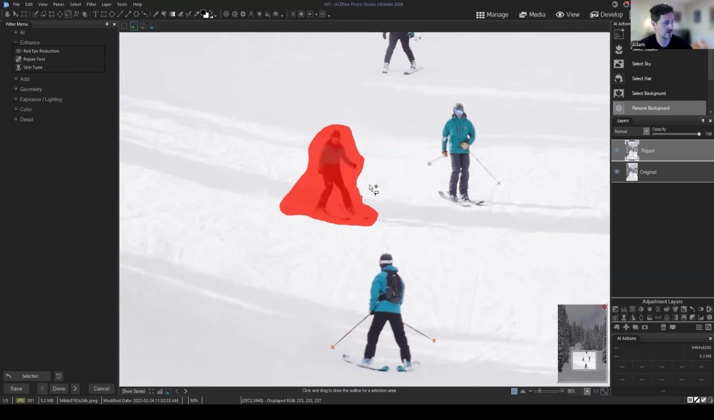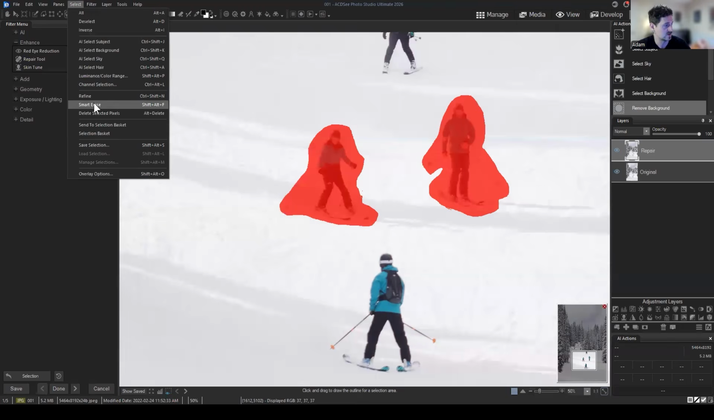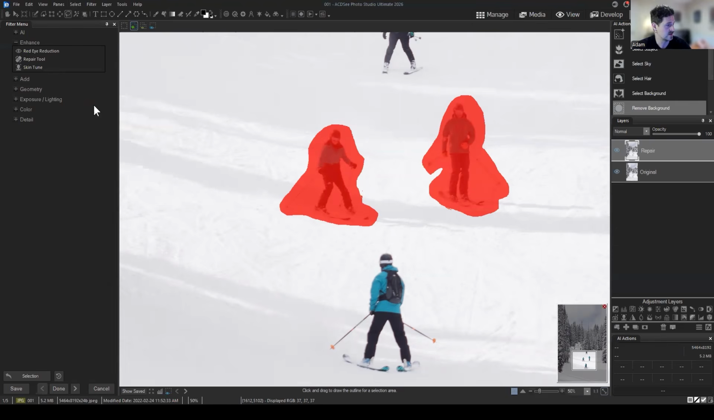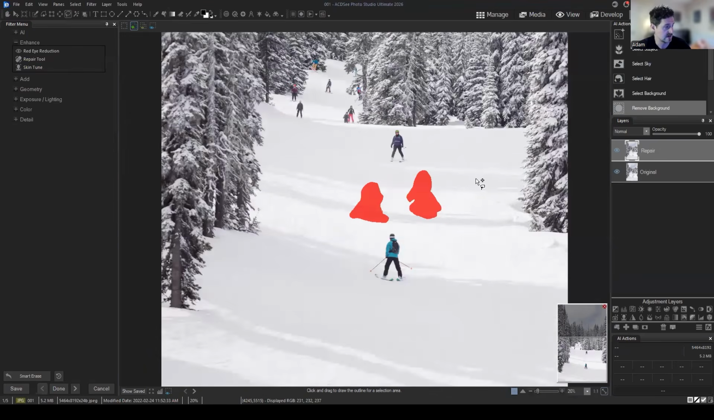And then with my subject matter selected, I can actually make multiple selections of my image. So I can select these two subjects here, and I can navigate to the Select menu and choose Smart Erase from the dropdown. And what this is going to do is apply that function to all of the areas that I've selected in my image